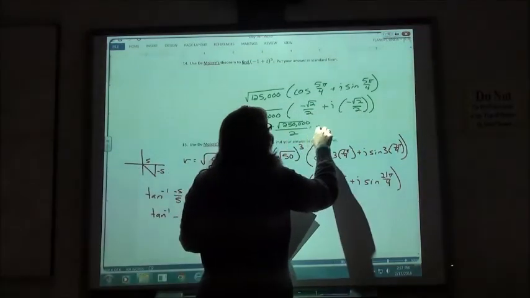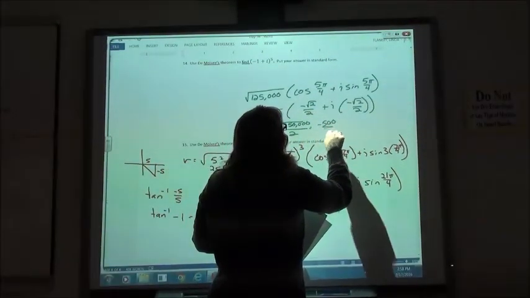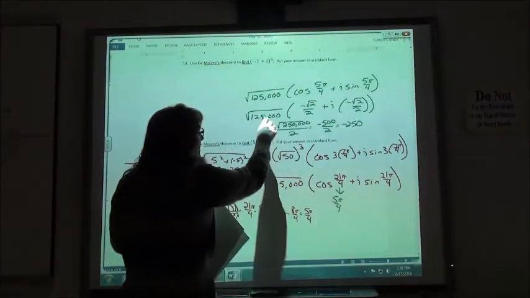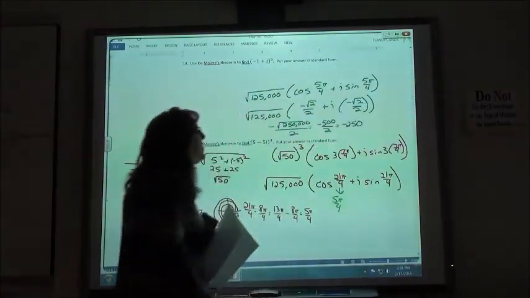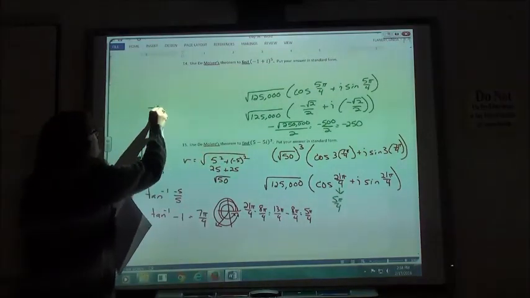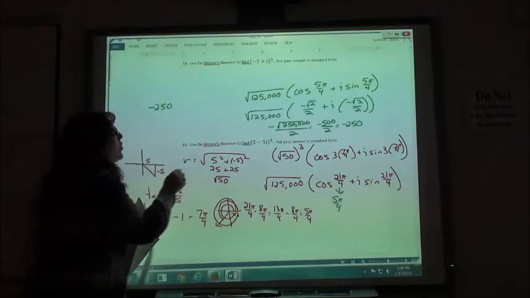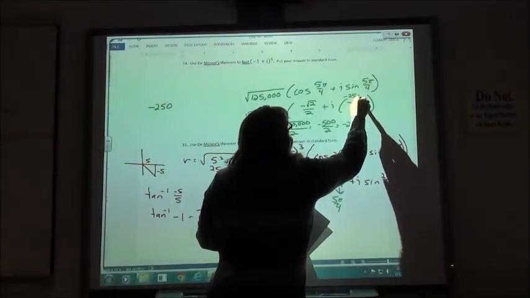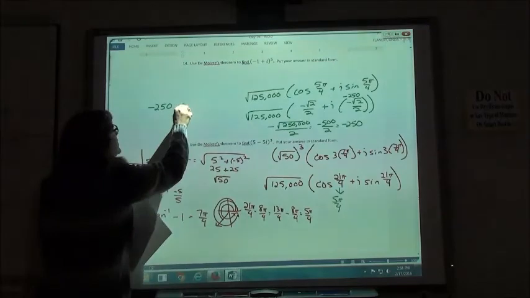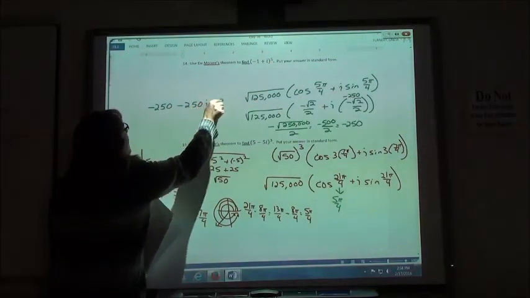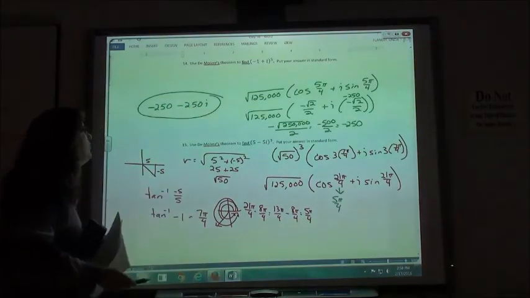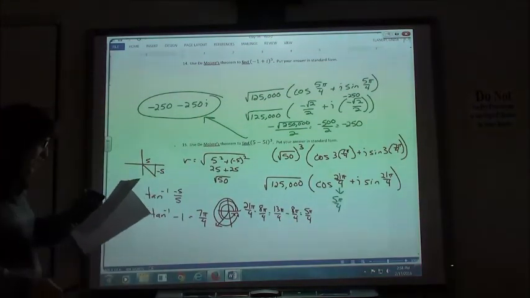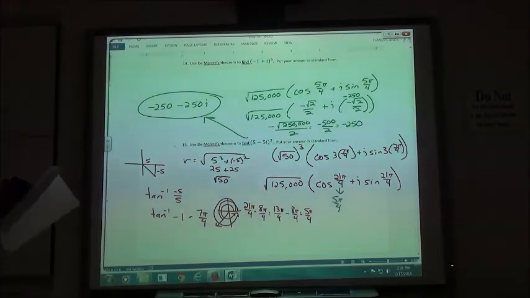So I am going to have negative 500 over 2, which is negative 250. Because this was the same thing, I'm going to get the same thing over there. So I'm going to get negative 250 for my first term, plus I times negative 250. So I'm going to have minus 250i. And so I get negative 250 minus 250i if I would take 5 minus 5i times 5 minus 5i times